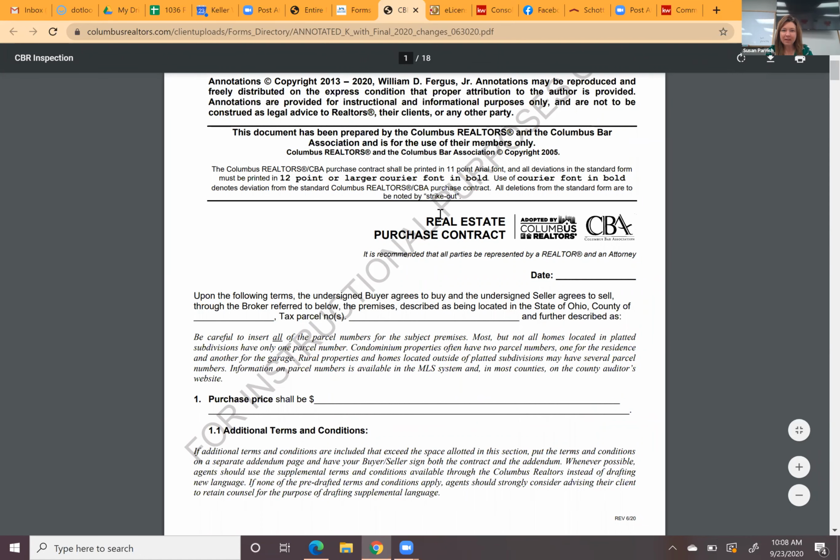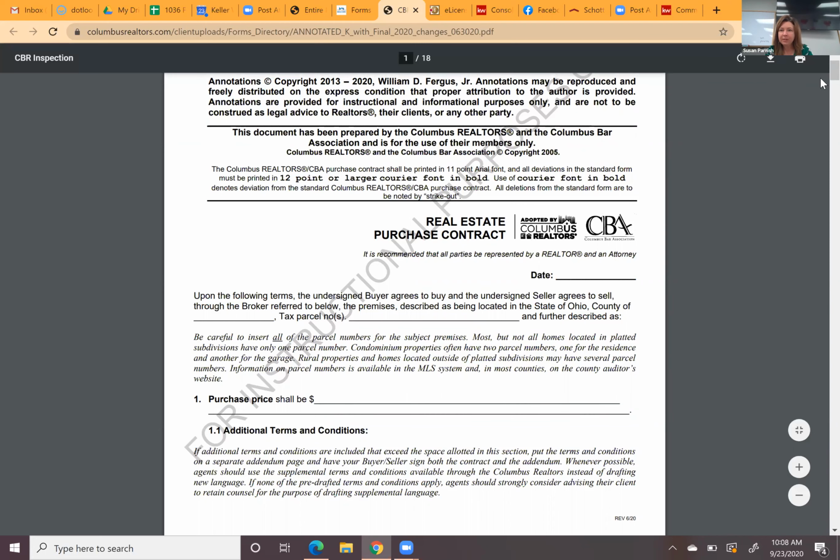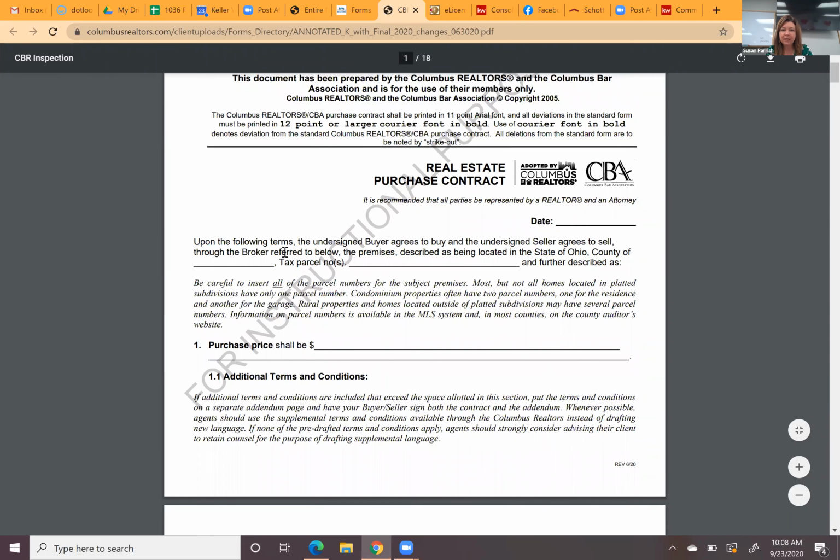I'm going to jump to the date. The date that you fill in here is simply the date that you're writing the contract. It's not the date you go into contract, it's the date you're writing it. And then you go into this first paragraph, and it's asking you to fill in the county and the parcel number. And you can see in italics, it's describing what they mean by the parcel